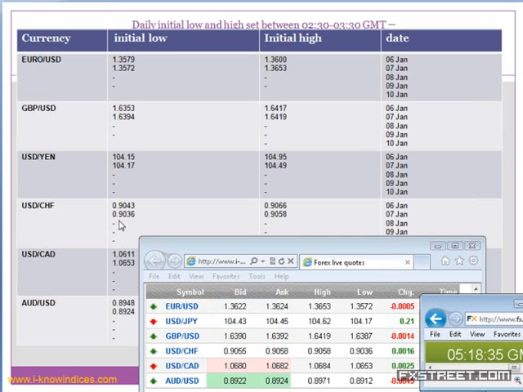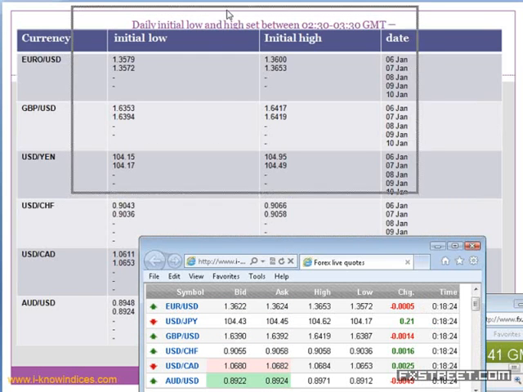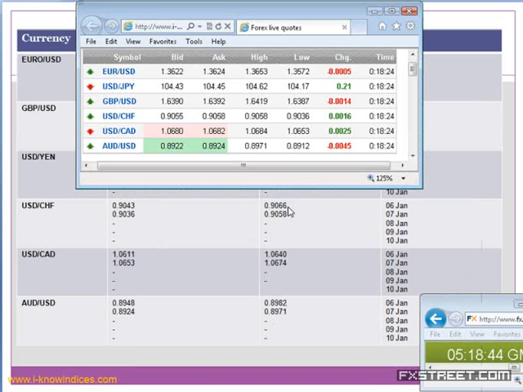Then in the case of CHF, 90.36 and 90.58 are the lows and the highs. They are not breached and they are expected to make a consolidation in slow gaining moves in the case of CHF. Now CHF, we can see that it is making about 16 pips positive net change. When you come across zero, it is making only 5 pips negative net change. That sort of moves they are expected to make.